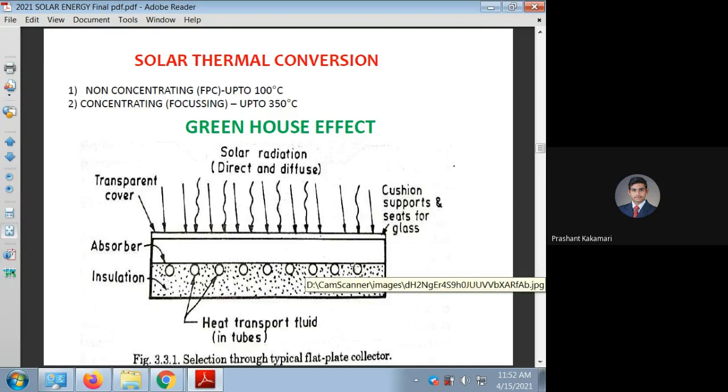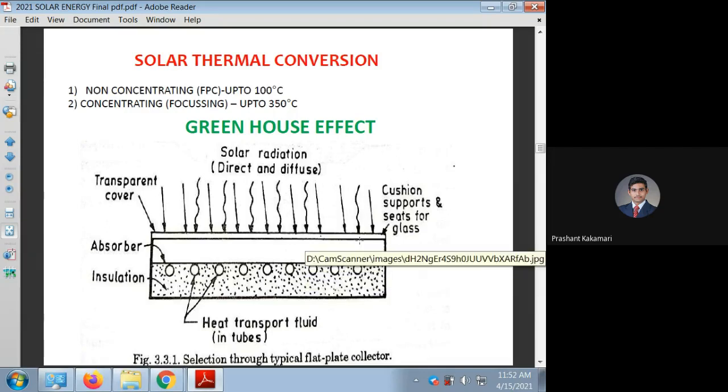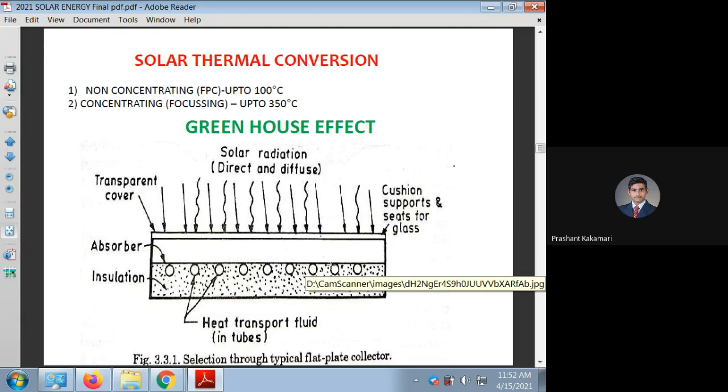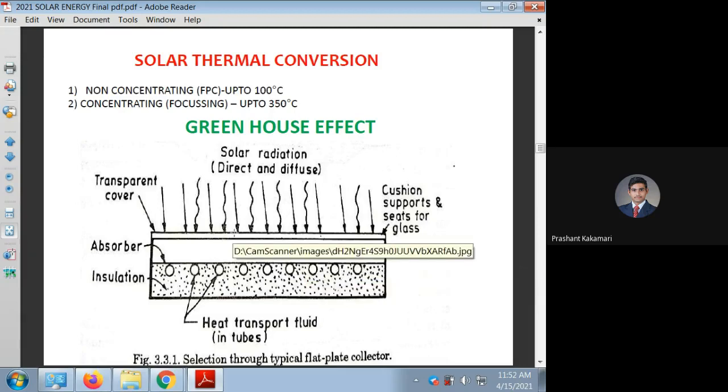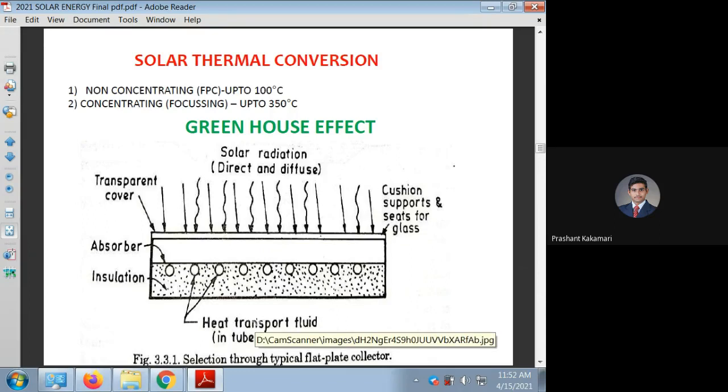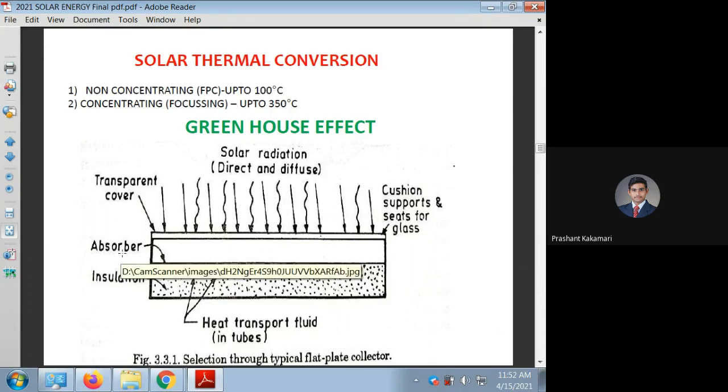One of the advantages, the interesting part, is that the radiations reflected from the absorber plate to the second glass cover plate will be reflected back with the longer wavelengths. That will be reflected back to the absorber plate. That's the advantage. Similar to the atmosphere of the Earth itself, the absorber plate shown here will be acting like our Earth's surface,